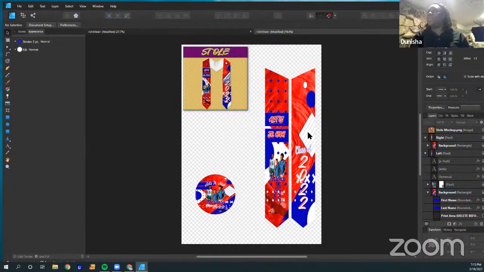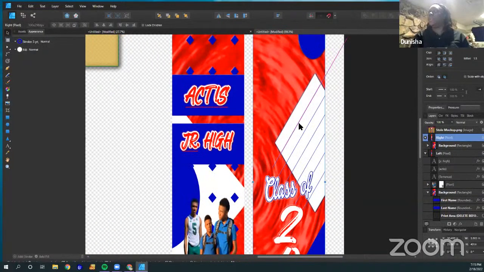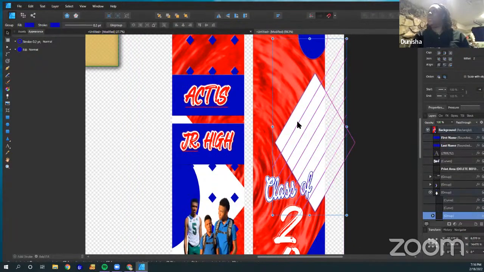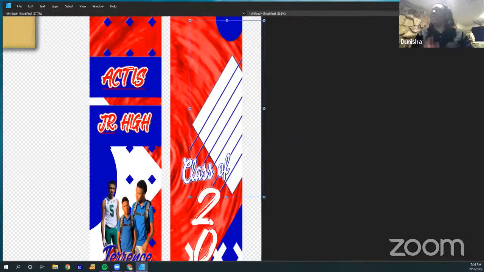Adding the stroke just gives it that extra little oomph. All right. So that is pretty much done. I'm just looking at the design, and just because I know the design personally, I know that these strokes are not what they need to be. So I'm just going to increase them. Whoops. So my panel, if you noticed, the panel on the side went away. So when I typed in my number, I hit tab, and then I accidentally hit tab again. So it made my side panel go away.